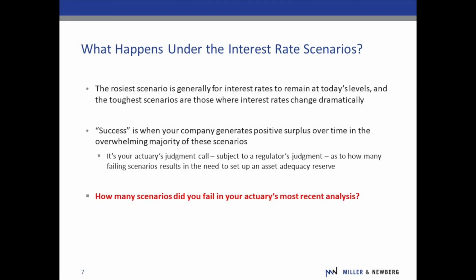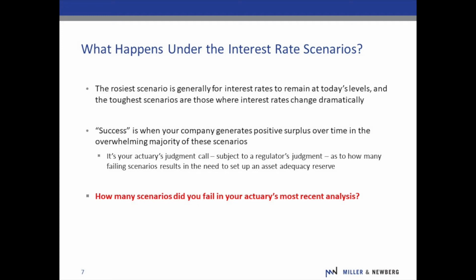Now, your actuary knows that this is also subject to the regulator's judgment. Just because the actuary thinks maybe one isn't required, they have to recognize that the regulator may say, one is required, in our judgment. And so the actuary needs to be a little conservative here and recognize that regulators are going to look at this. They're going to have their own opinion. I want to make sure that my opinion will stand up in their eyes. And so, like I say, one failing scenario doesn't mean you need to set up a reserve, but it does mean your actuary needs to think about it and has to make a decision. Do you need one or not?